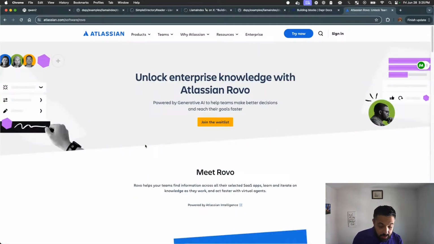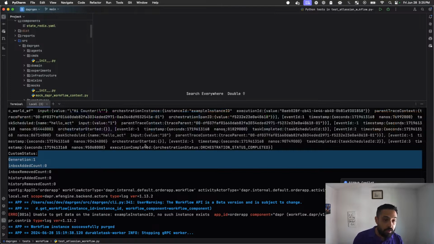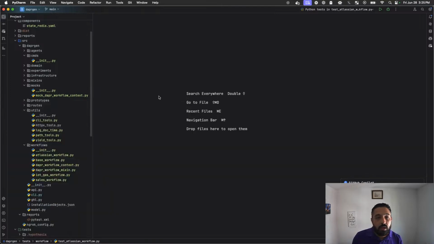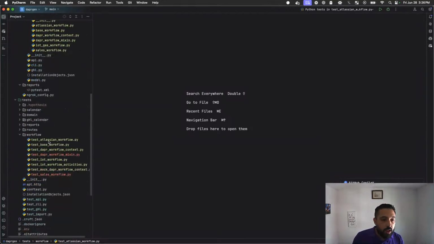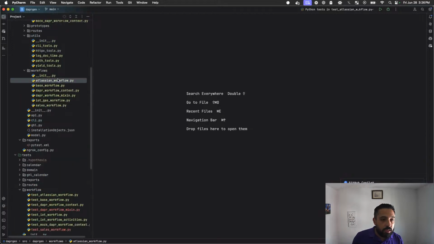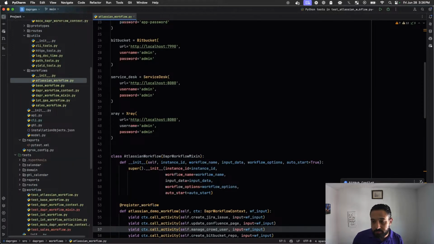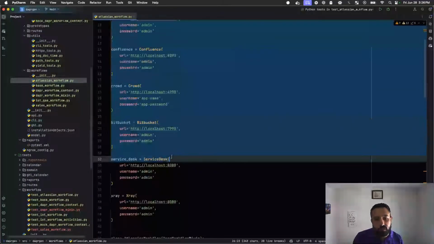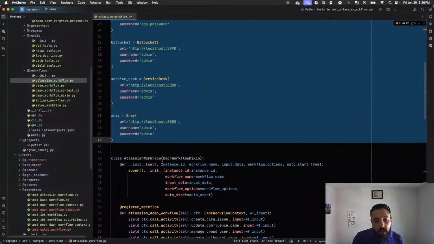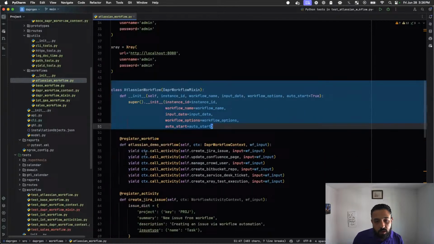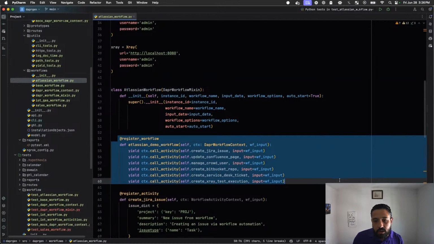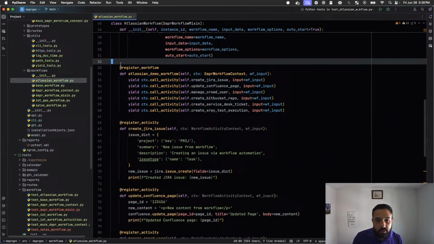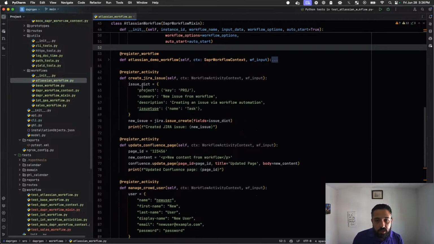So how does that translate into what I'm working on from a rubber-hitting-the-road code perspective? Basically, what I've done is I start with the Atlassian workflow. Here I'm connecting to all of these different services. I then have a workflow. We can ignore this part. But here we're declaring all of the things that are going to happen in this workflow. This is where it gets interesting: we're creating an issue,